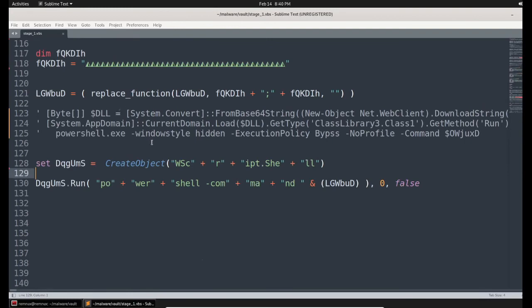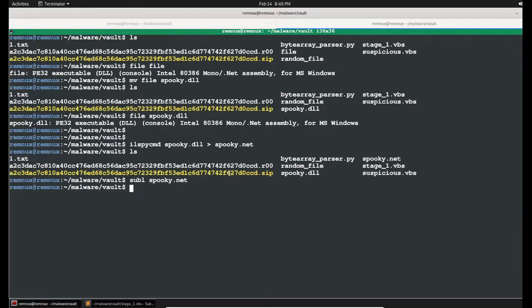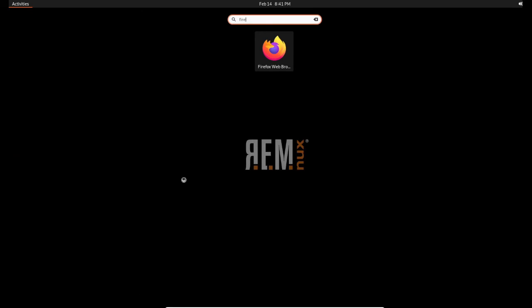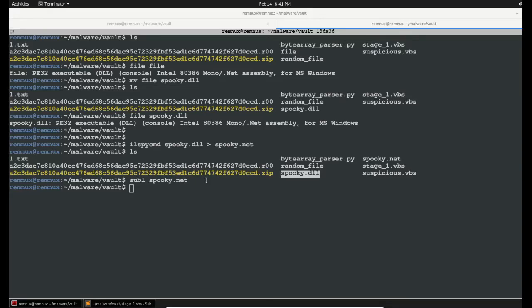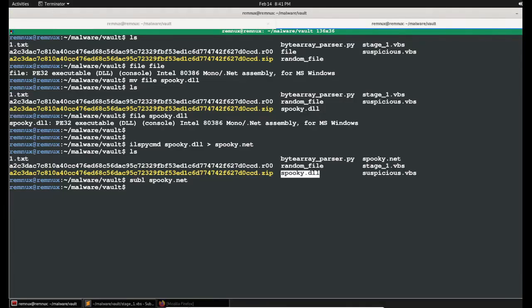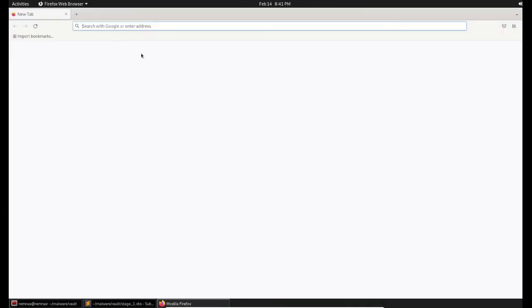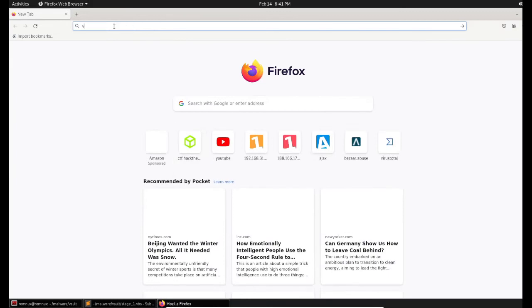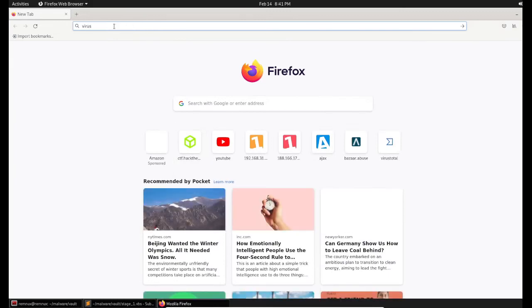And we found the DLL already. So let me try to add this DLL inside an online sandbox, any online sandbox, and see what happens. And here we go. I'm opening VirusTotal here.